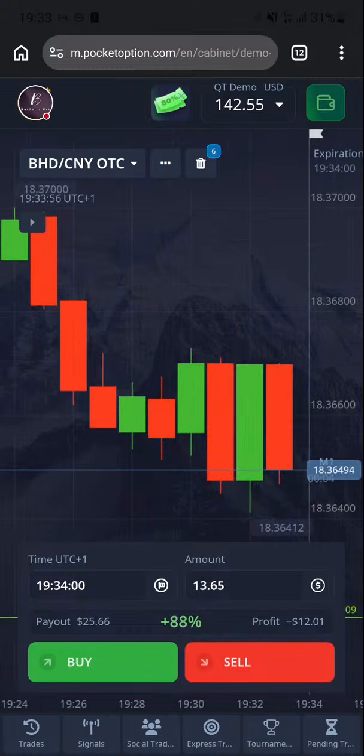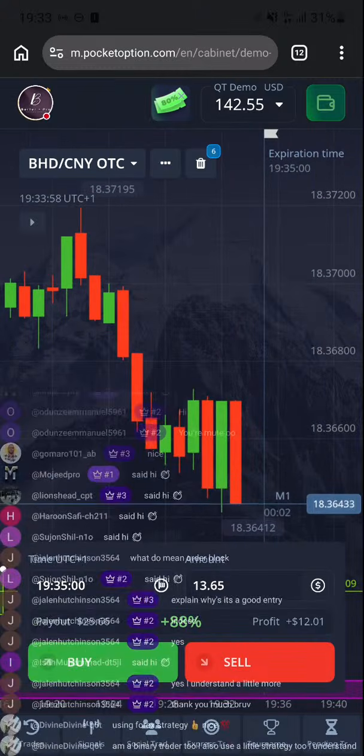Now look at this. We have this red green pattern, but you see, anytime you see a red green pattern in the market,